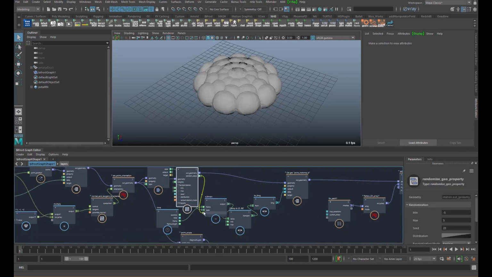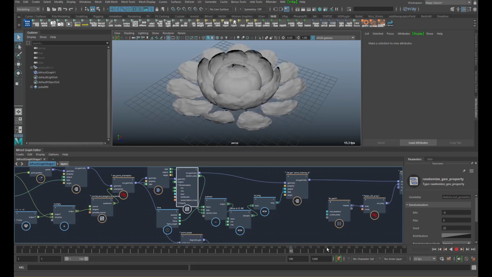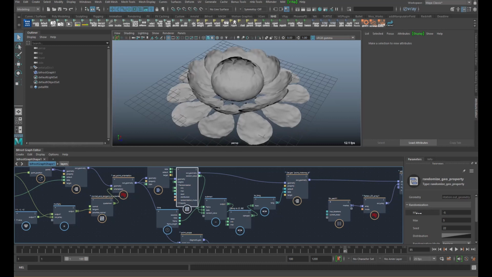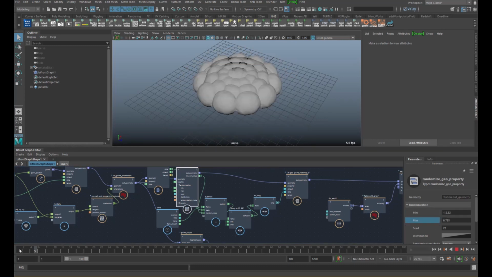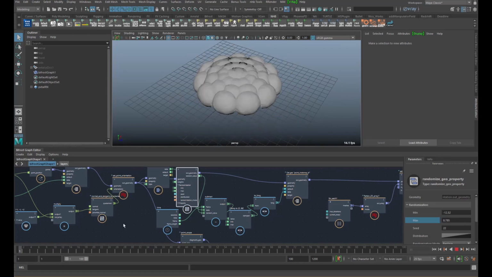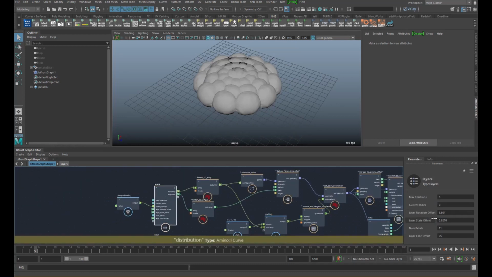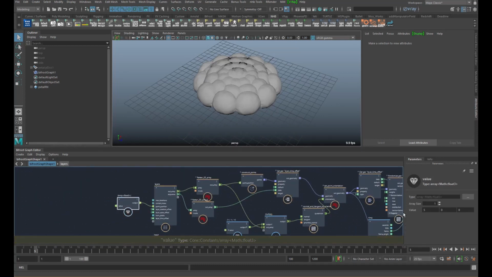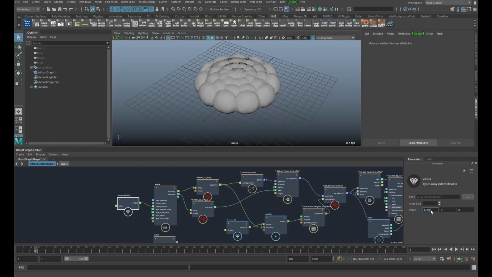I'm going to subtract that as well. And then it's just a matter of playing with the values and getting everything to look good. You might want to put those layers closer together with the radius.